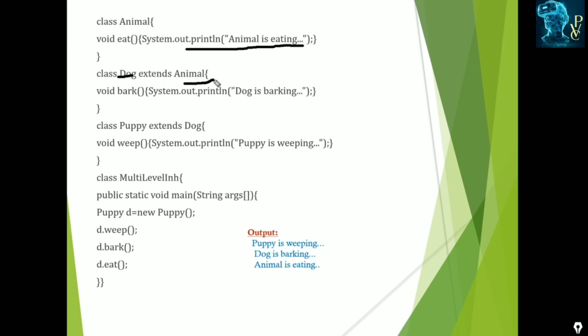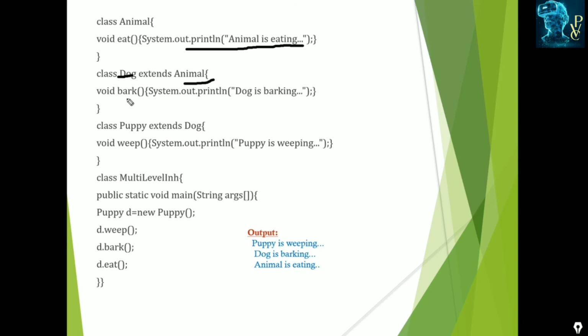Animal is the already existing class that is extended to the dog. So dog can access the animal's eat method, and the dog has its own property. So common members can be described in parent classes, and special methods that only exist for that child class can be written in its own class.